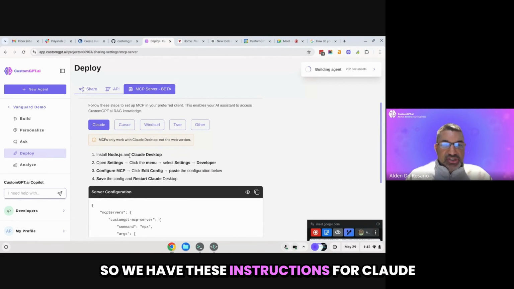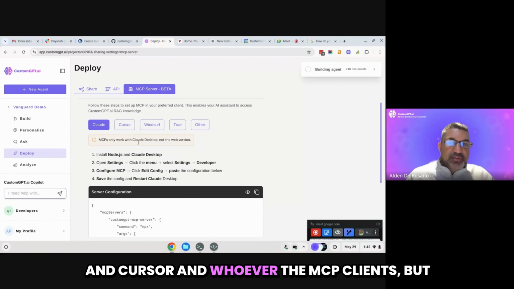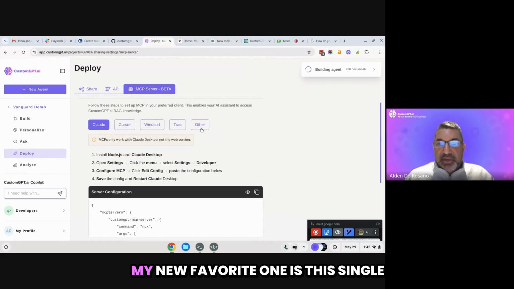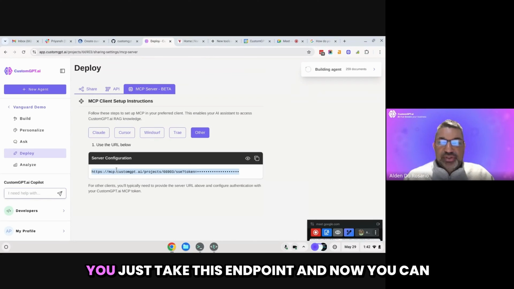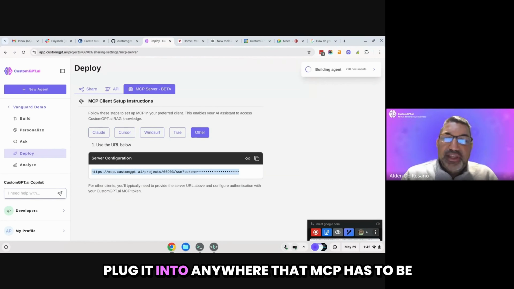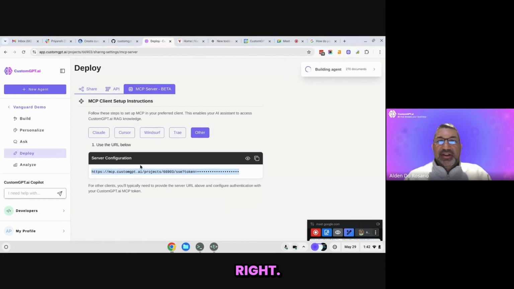So we have these instructions for Claude and Cursor and whoever are the MCP clients, but my new favorite one is this single endpoint, right? You just take this endpoint and now you can plug it into anywhere that MCP has to be used, right?